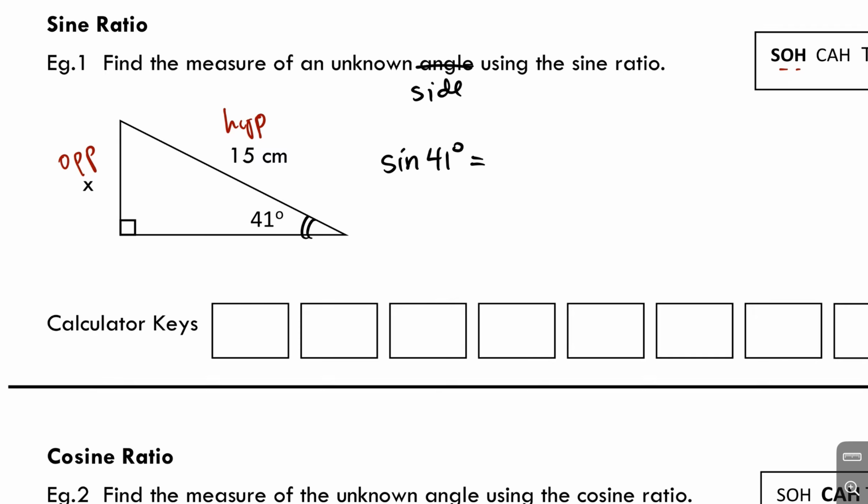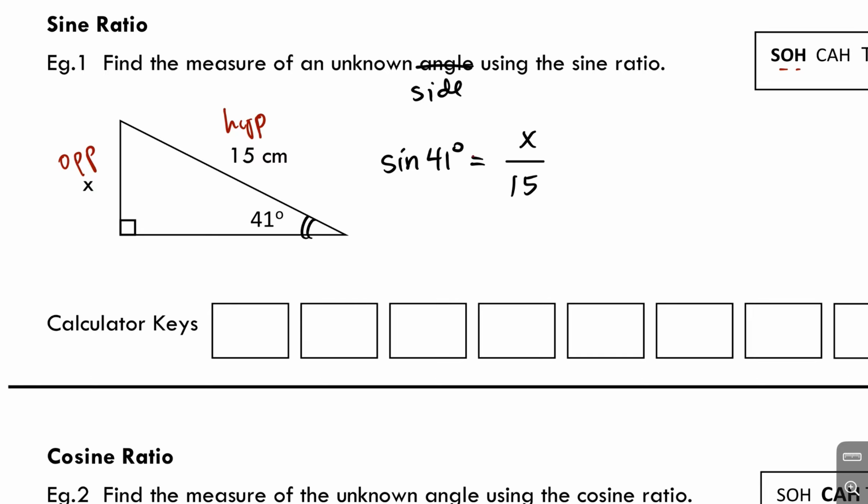So I can write this as x over 15. So I can use trigonometry now to help me find the unknown side. Pythagorean theorem doesn't help me because I don't know what's down here. There's nothing given. So I only have the hypotenuse, but I have to find x. And I can do that if I'm given the angle and use trigonometry. Okay? So the way this works